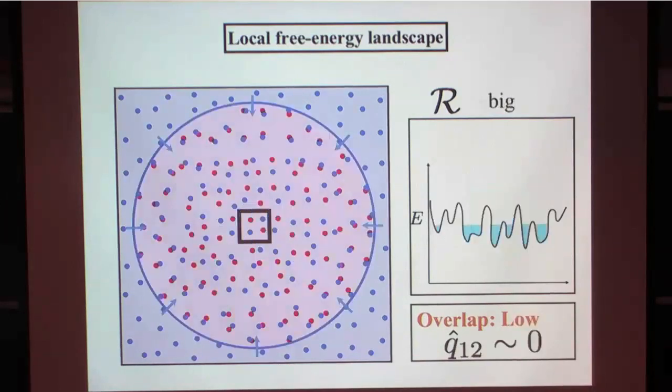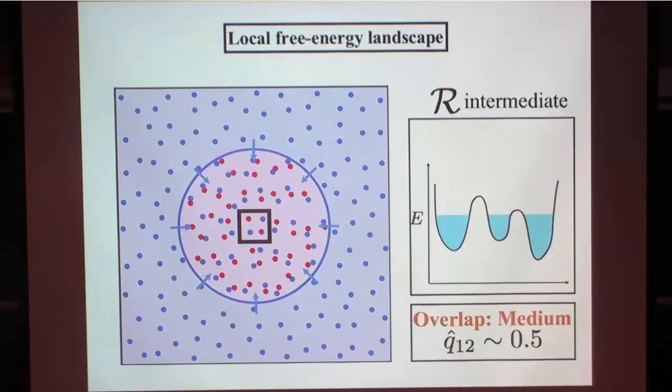Okay. Let's take the other extreme. So you take a very large cavity size, then when you try to resample the system inside the cavity, you're basically getting an independent sample. So there's no reason for you to expect that these two configurations are similar. So oftentimes you have a very complex landscape, and if you resample, so let's say this is the original configuration, the probability of being in the same state is basically negligible. So basically overlap would be low on average.